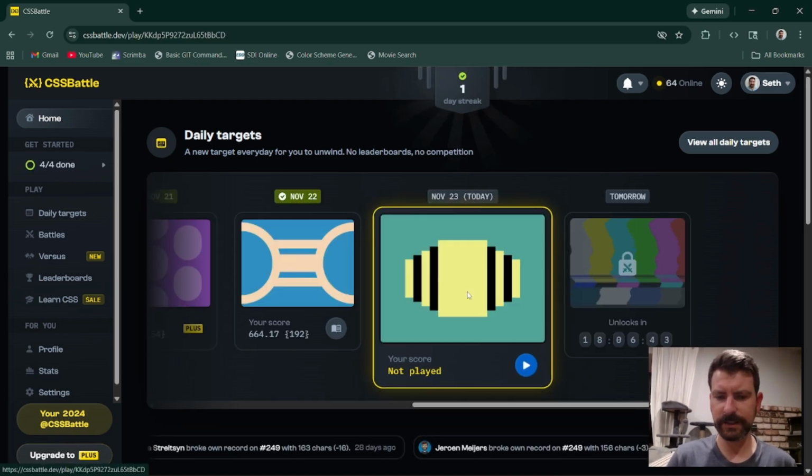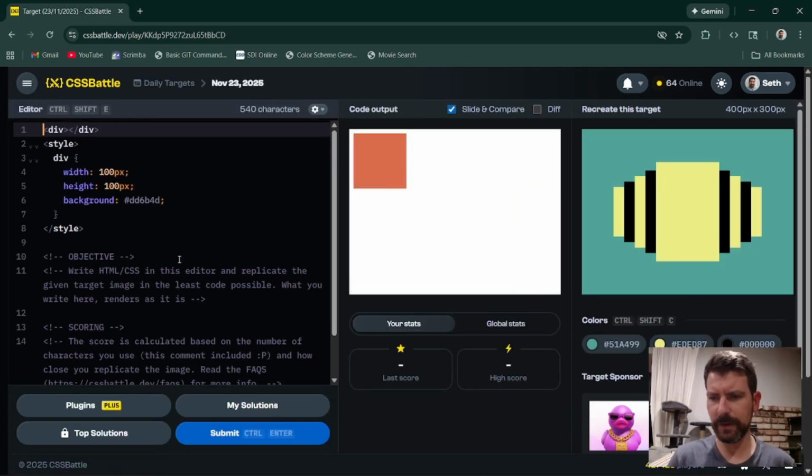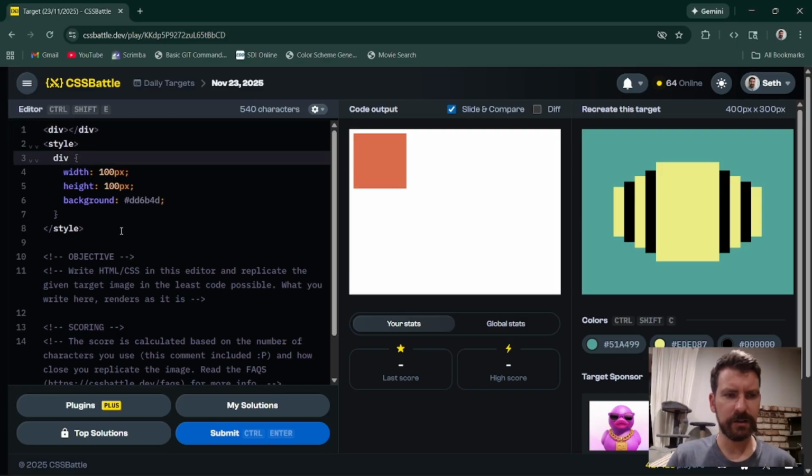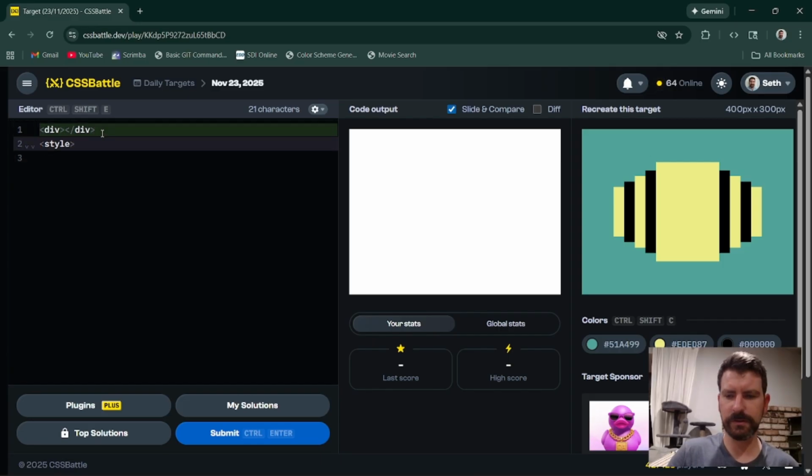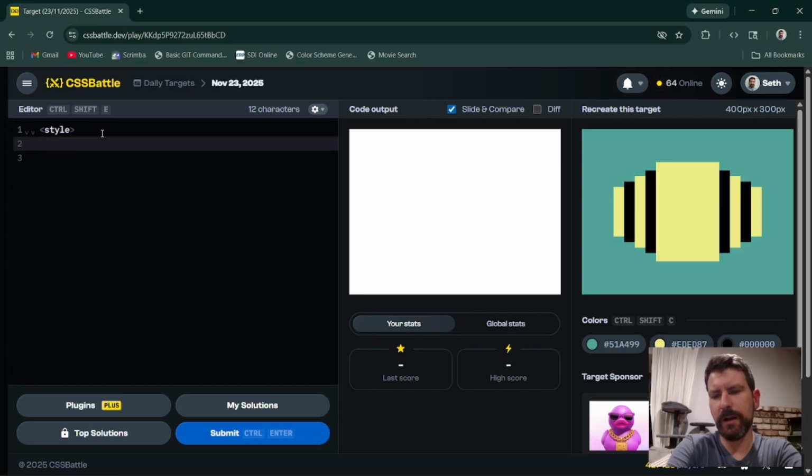All right, CSS battle time, and we have low res honeybee. I don't know, some sort of steps or scales or. All right, the alternating colors are something. So, kind of two ways that this could be done is we could